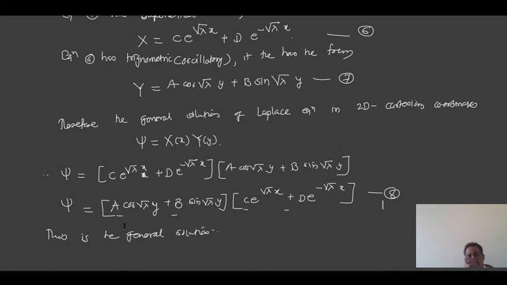So we are going to come across very different types of problems, and everywhere, as I said in the beginning, however many variables there are, that many ordinary differential equations will be separated, and the number of variables minus one constants will have to be taken there. And once we understand this, we can go for any differential equation, partial differential equation in any system, and we can get their solutions very easily.